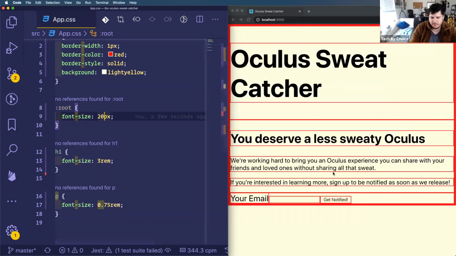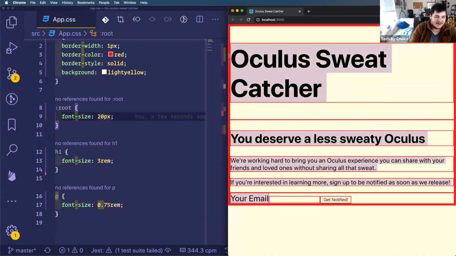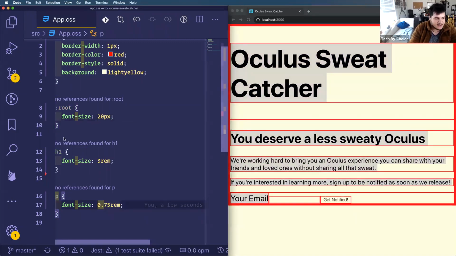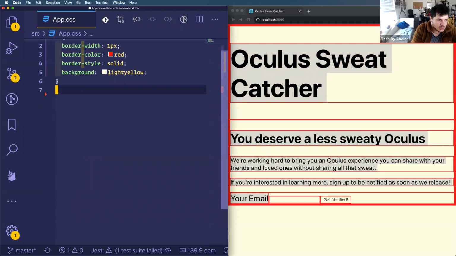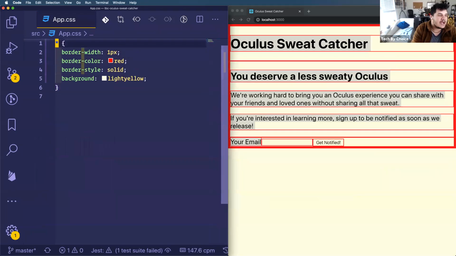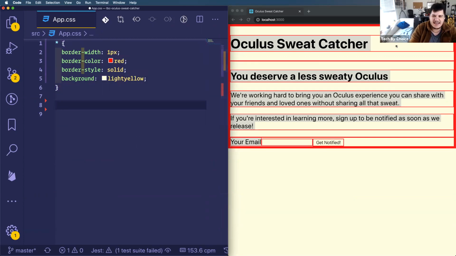Now, I hope you could notice, but yeah, all of our elements now, at least all of our P elements and our H1s, are appropriately scaled to whatever it is we want them on the root. But I made those ugly red borders for something. So now what I want to do is I want to kind of edit. Let's say I want to edit